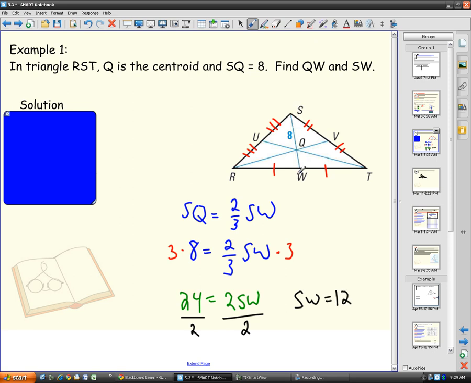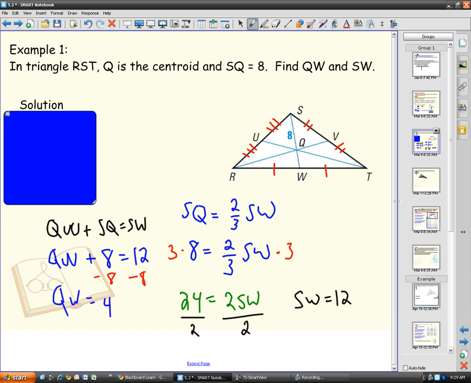So then, if I know that SQ is 8, and I know that the whole side is 12, to find QW, I'm just going to take QW plus SQ needs to equal SW. If I solve it like an algebra problem, QW is what I'm trying to find, so QW will remain, plus SQ, which is 8, which equals 12. And solving it algebraically for QW, I subtract 8 across the equal sign, and QW will equal 4, which is